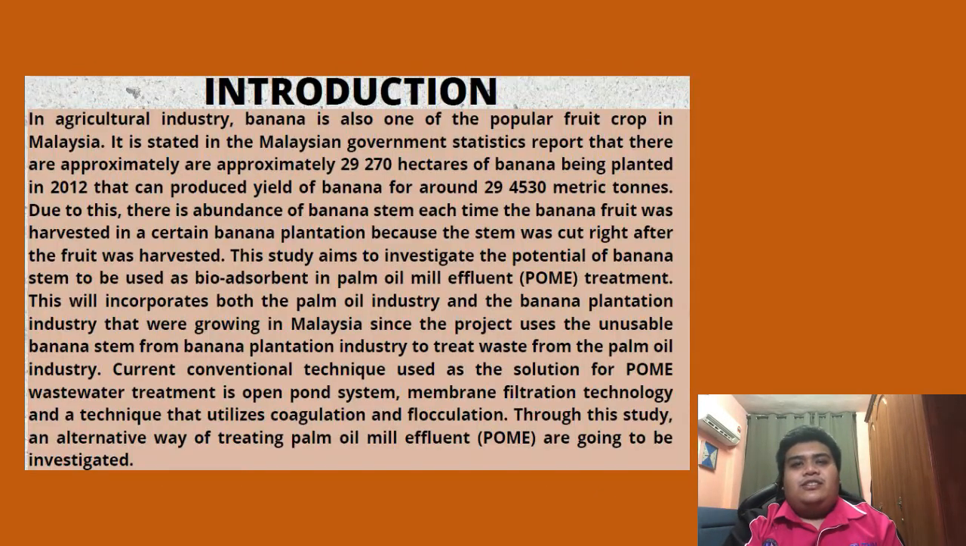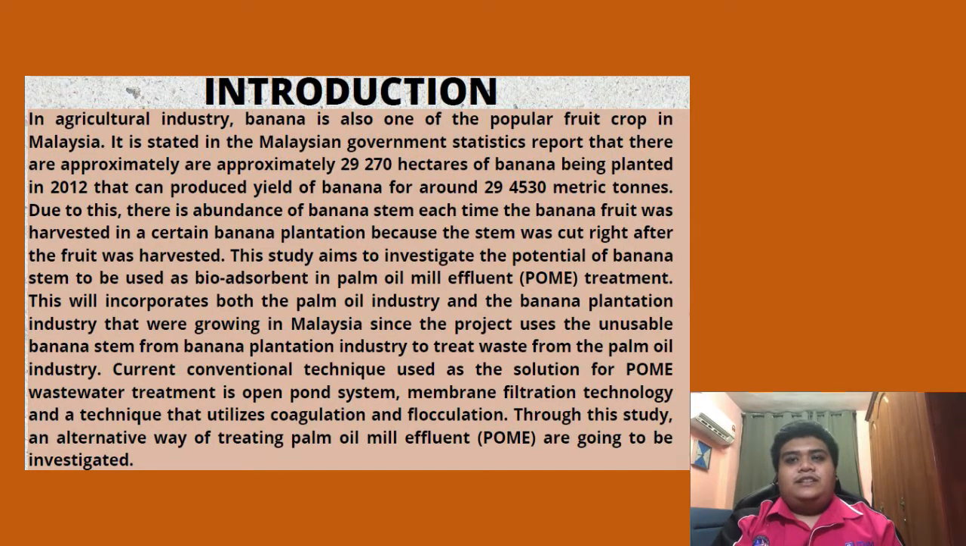Okay, next, for the introduction. In the agriculture industry, banana is one of the popular fruit crops in Malaysia. It is stated in the Malaysian government statistics report that approximately 29,270 hectares of banana were planted in 2012, producing a yield of around 294,530 metric tons. Due to this, there is an abundance of banana stem each time the banana fruit is harvested in a banana plantation. This is because the banana stem is cut right after the fruit is harvested,